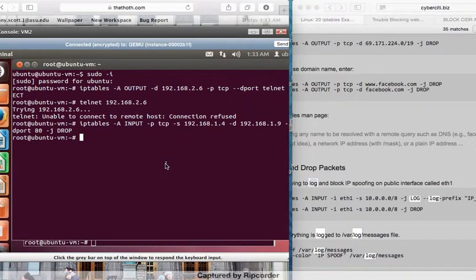So I will type in the rules, making sure I put on eth0. I am the source, which is 192.168.1.9. I want to log